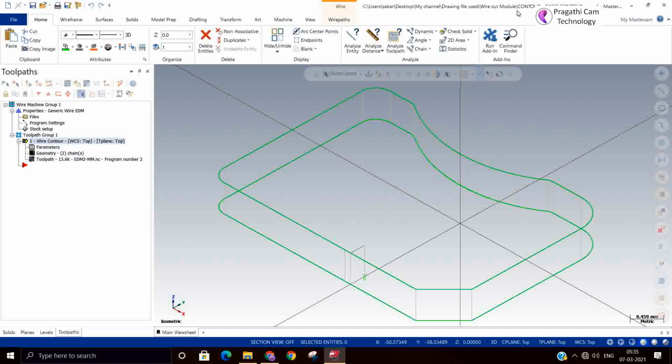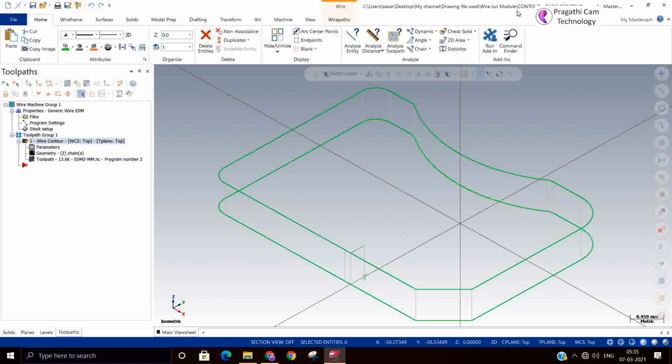So for whatever we have seen, these all are the parameters. Just we have seen how all the general parameters are used in the wire cut. We are going to see them specifically later on.